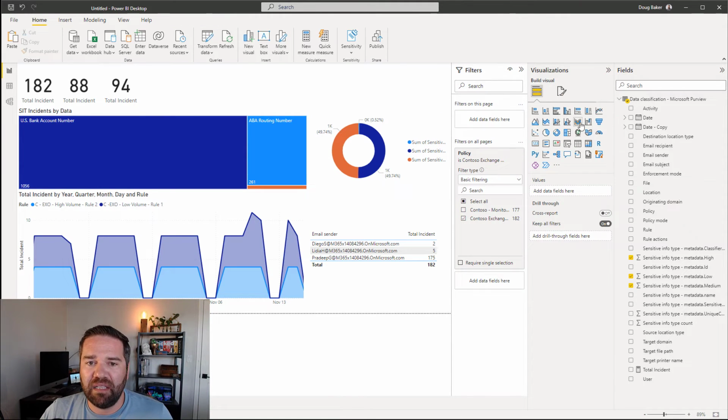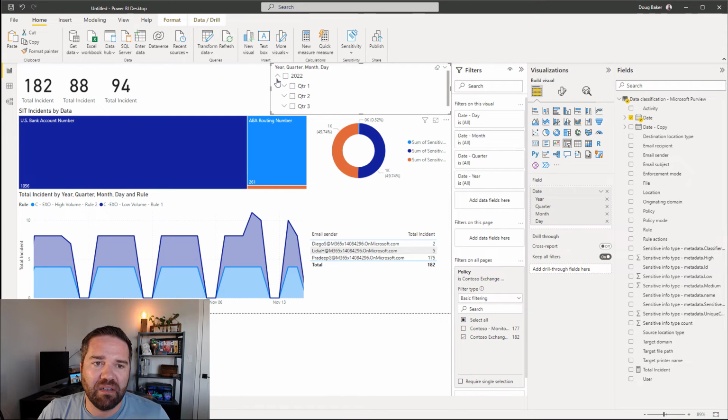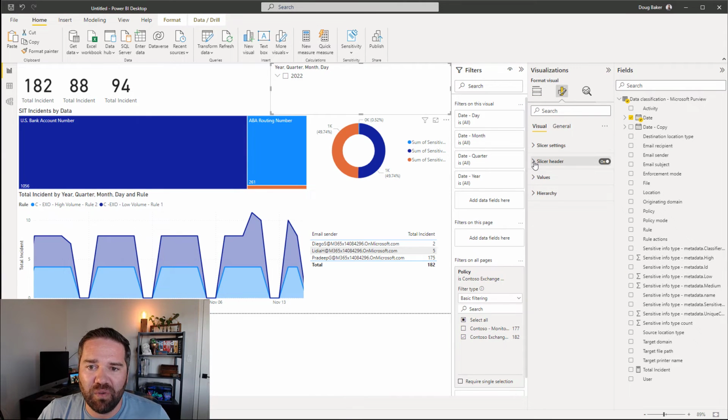And finally, a couple of things that you might want to do to clean this up, make it a little bit more user-friendly, is add some filters to this. So let's go ahead and add this date filter, and we'll make a slicer for it and present this data so that we can filter it out. One of the annoying things is this data kind of randomly picks the view that you want to do it on. So if you come to this, you can switch things to a drop-down list. You can switch it to a list view. And my favorite view of the date slicer is, I believe,